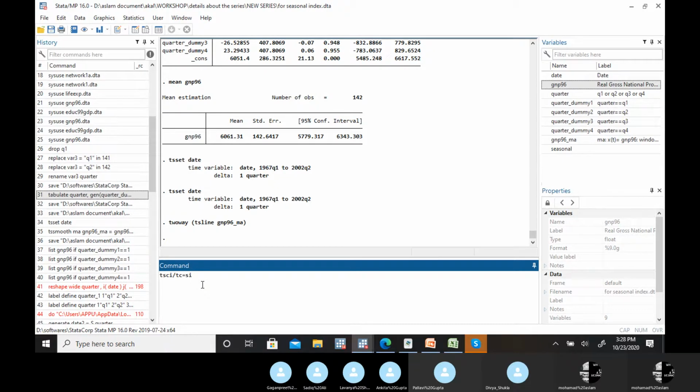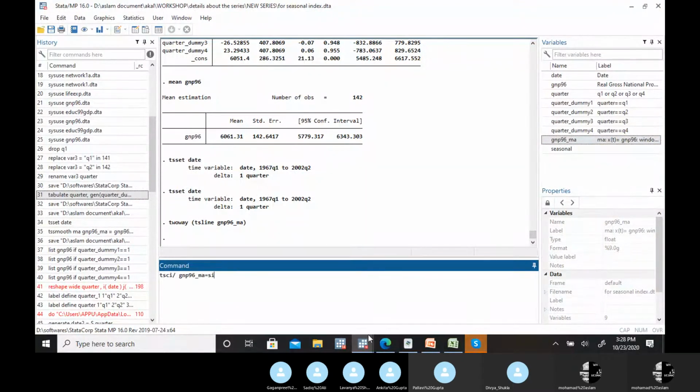I hope this point is clear to all of you: why are we not first calculating trend, then multiplying with the cyclical moving average, and then dividing the actual data by T and C? In place of that, we are just dividing the actual data by this moving average only, and we will get the seasonal irregular as the left-out part.